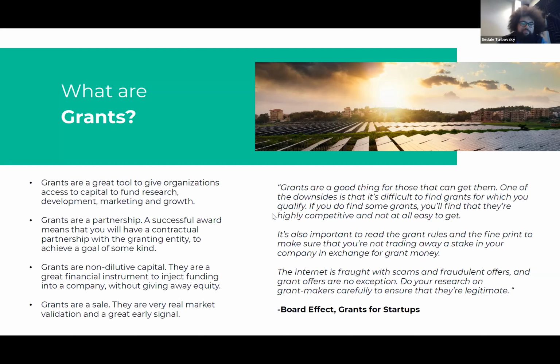And it's a great opportunity. Grants are a partnership. Grants are non-dilutive. You don't have to pay them back. They're not taking part of your organization. And grants are also an opportunity to sell a concept to an organization. So if you're working on some kind of innovative integration of things, grants are a great way to get that initial validation saying, hey, electric vehicles do work, and here's some people who want to back it. Or, hey, right-sizing this fleet will work, and here's some ways that people want to back it.